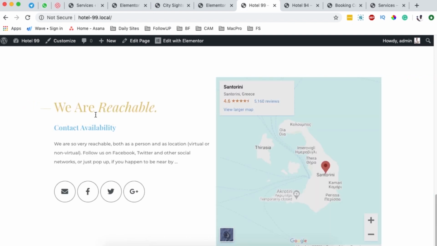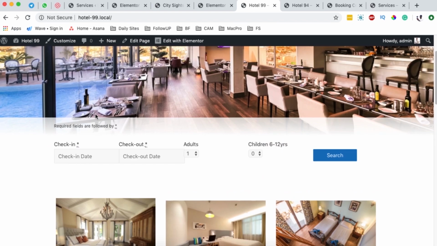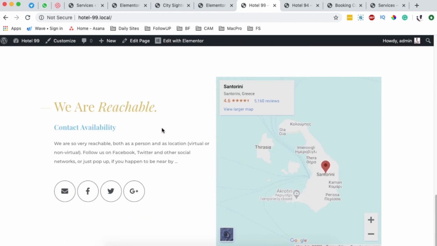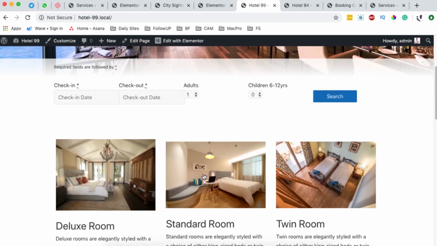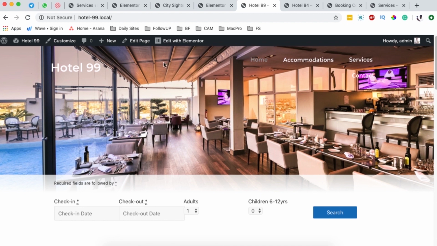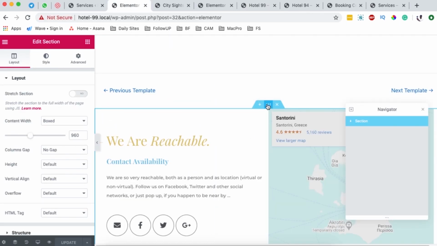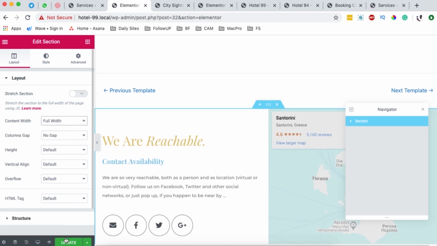And there we go. See how that looks. The header and the footer right here. But I think the header will look much better when it is full width, and the footer, when they are all full width. So if that doesn't look nice, you can simply come back here, switch it back to full width,